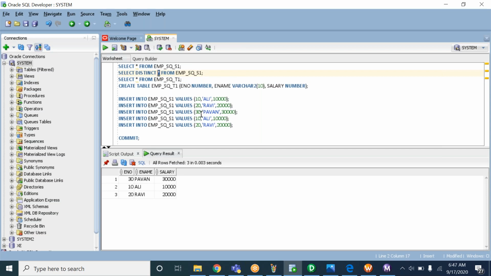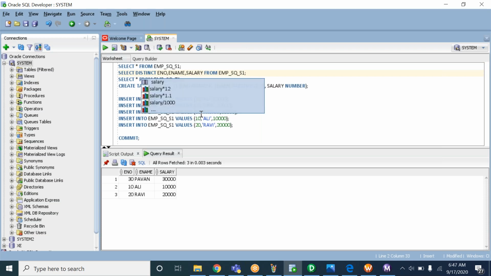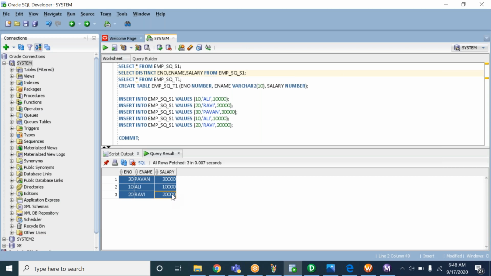Star means all the columns of the table. Or you can also write the column names: employee number, employee name, salary. If you write all the columns also fine. So we have got all the columns here, and 3 distinct rows.